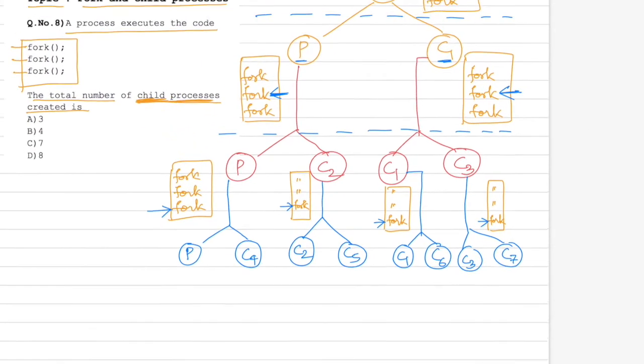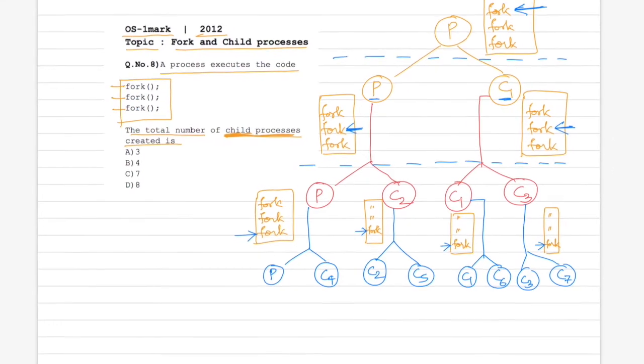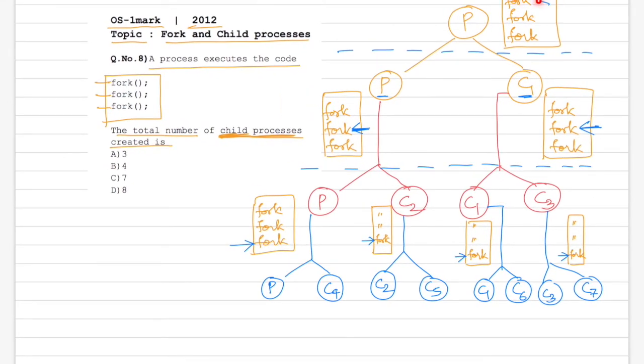As we saw, all this was the first fork statement in the first iteration. Then we had the second fork statement in the second iteration, and then in this third iteration we executed the third fork statement. Now at the end of all the 3 fork statement executions, we have to find the number of child processes created. So let me use a highlighter.